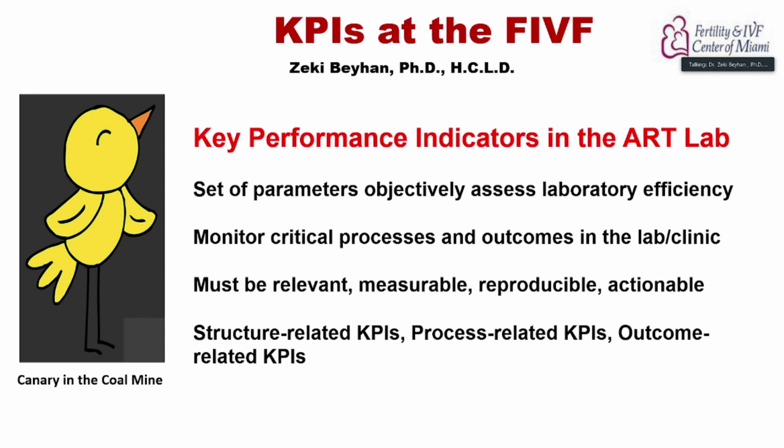As she mentioned, the concept of key performance indicators has been becoming headlines in our field in the last several years, I should say. Especially in 2017, the ASHRA embryology group came up with a number of suggestions, and last year in Fertility and Sterility we have a very good set of publications that just came out, discussing these issues. As I mentioned, I'm not going to spend too much time on this, but I'd like to highlight a couple of things